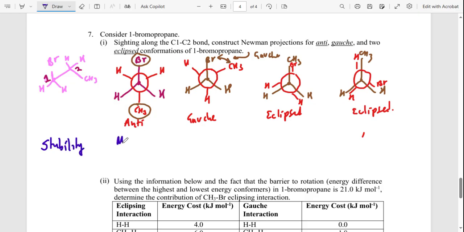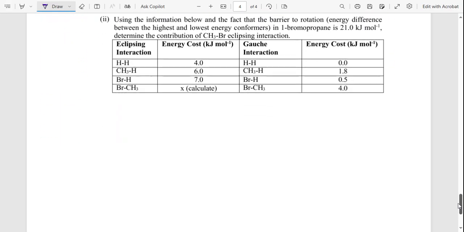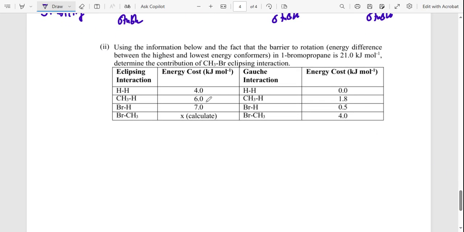This is most stable, and then this is least stable. This one with a gauche is stable. Okay, this one is not really stable, but is stable. Okay, so like that. The last question here is saying, using the information below and the fact that the barrier